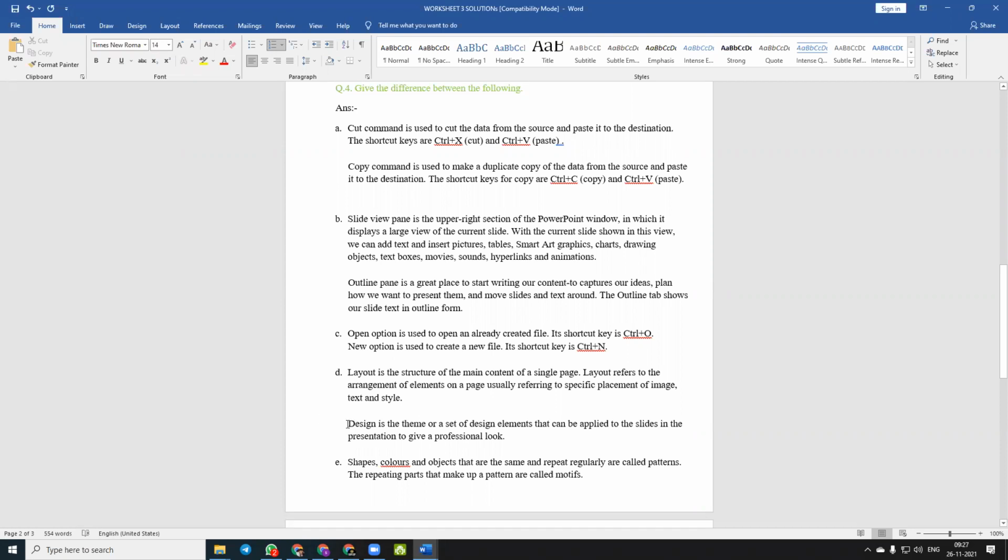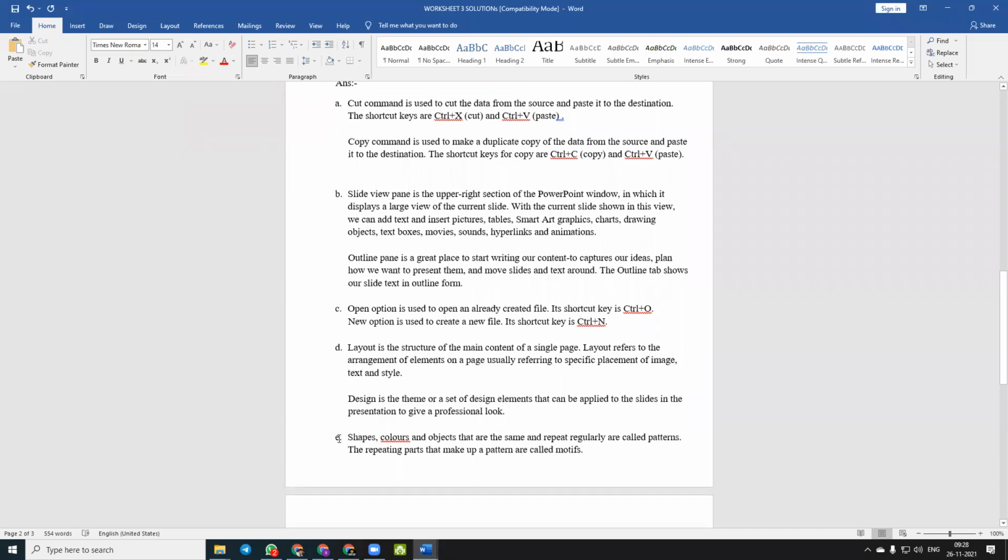Whereas design is the theme or a set of design elements that can be applied to the slides in the presentation to give a professional look. Layout means where we are going to put images, text and style. Whereas design enhances the visual representation of a page.